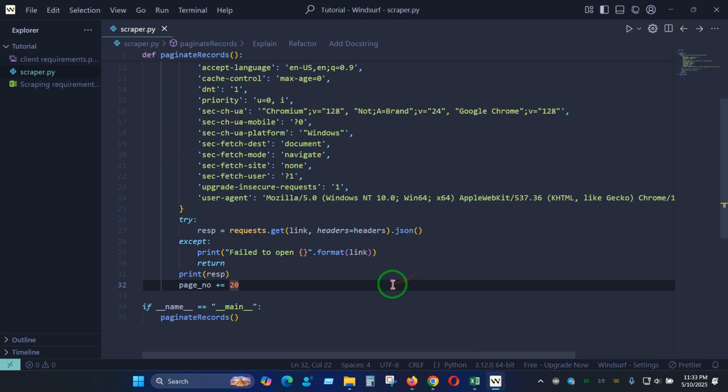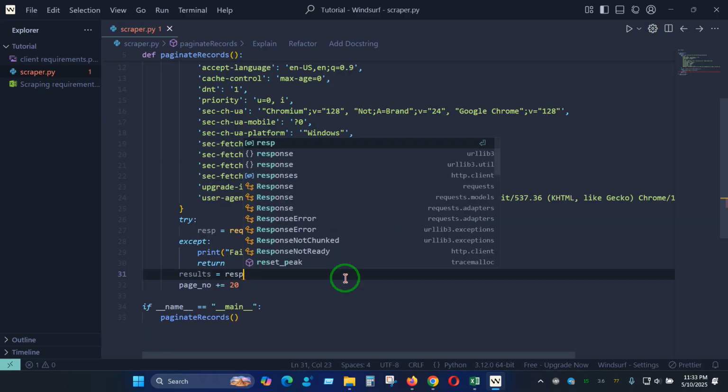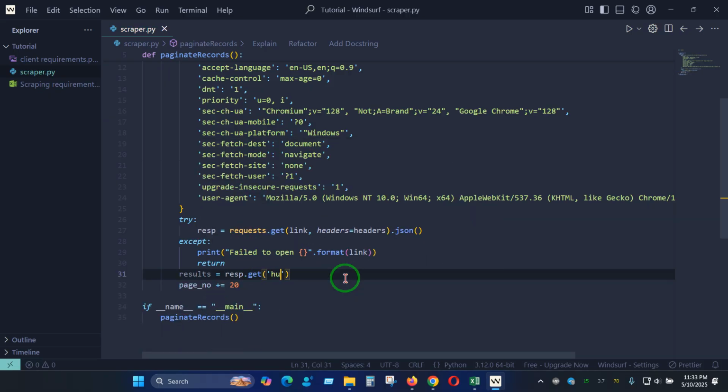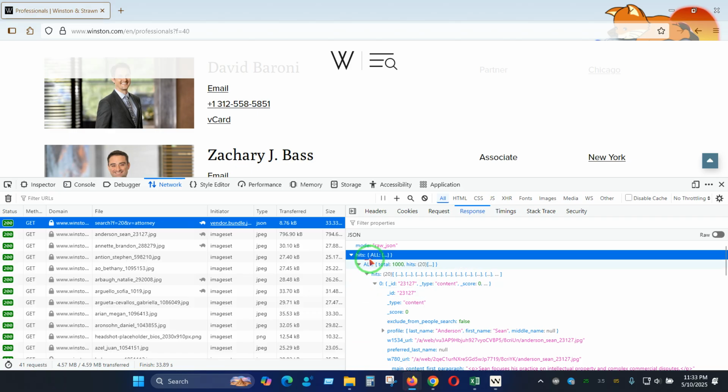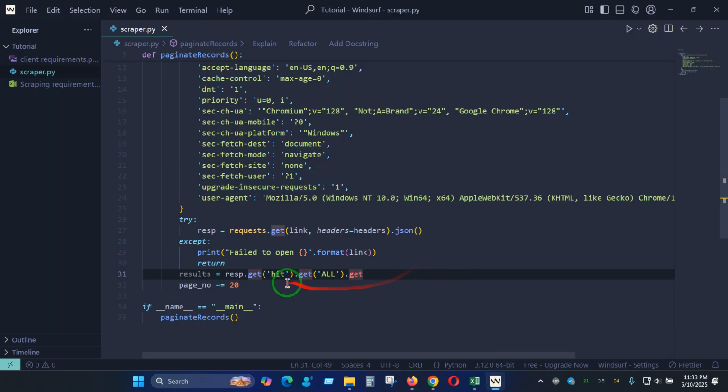So here you can see we have hits, then we have all, then we have hits. So let's try to access the data. Let's create a variable named results equal to rest dot get hits, then get all, then get, let's check again, hits, all hits, right? Yes, okay. So hits